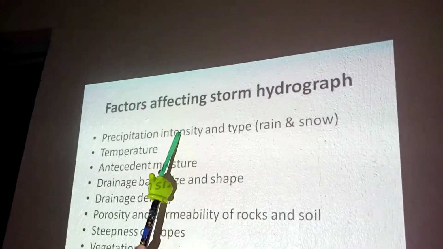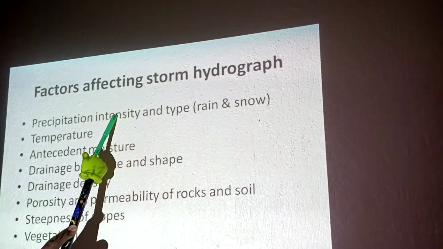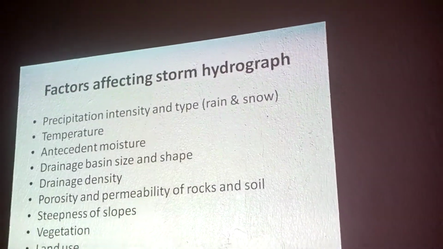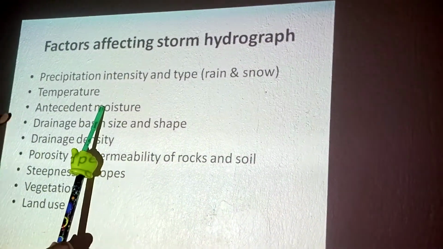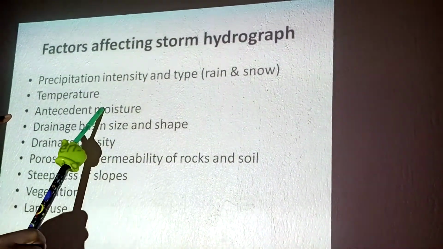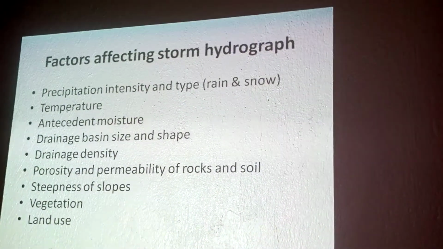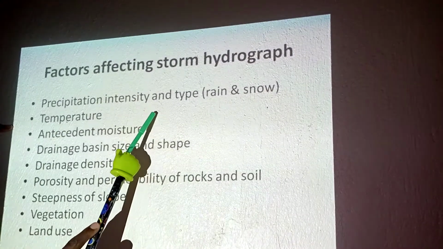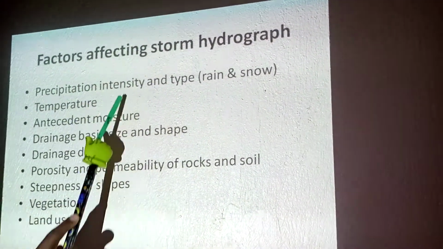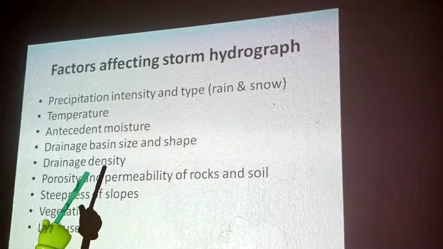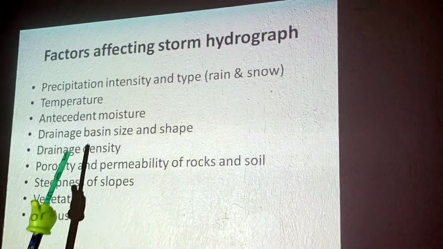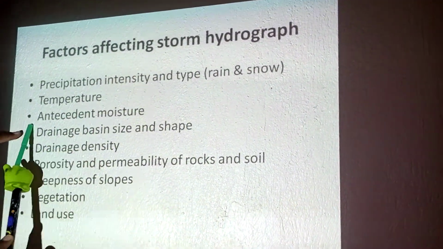At that time there will be more water joining the river channel, leading to higher peak discharge, short time lag, and steep rising and falling limbs. And when the intensity is low, the shape of the storm hydrograph becomes longer time lag,